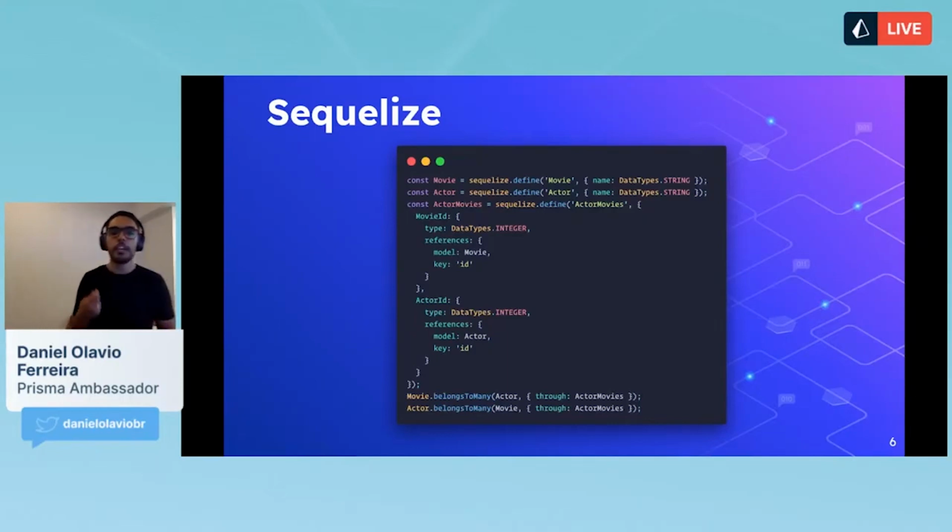So if I stop and read, okay, Sequelize define, okay, assume movies is the name of my table, and then I have an object that defines what my columns are and what their data types are, but it doesn't look very table-y, or doesn't resemble a table all that much. And if you look down a little bit more, we're defining our many-to-many relation right there between our movies and our actors.